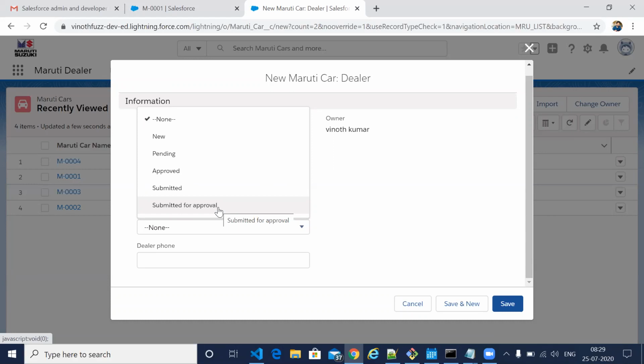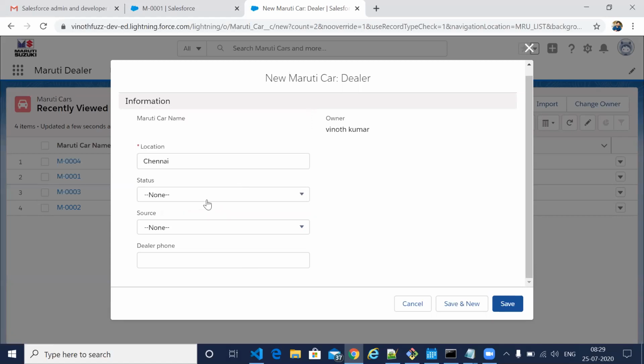Okay, so you can control their access also, because if they are not able to see a particular field, they will not be able to edit it. If you don't want to show some field to some people, you can just remove it from their page layout and assign it to their profile. The remaining you can assign to whatever profile you want. Like this, you control the access. So let me create this active.